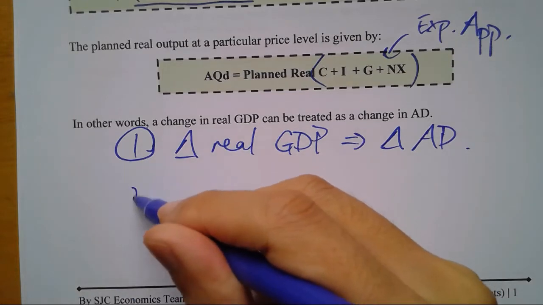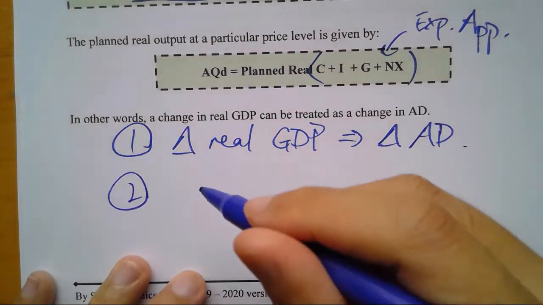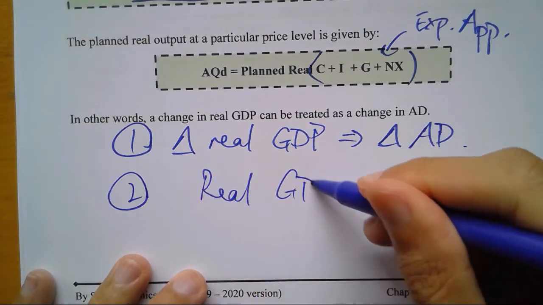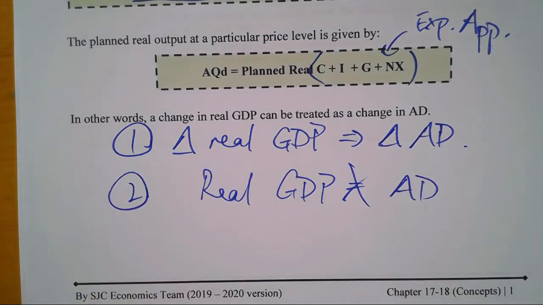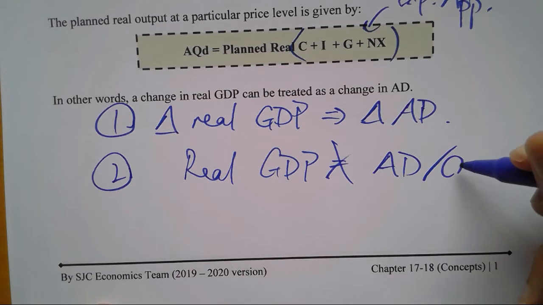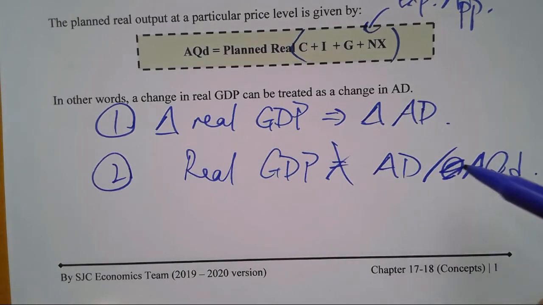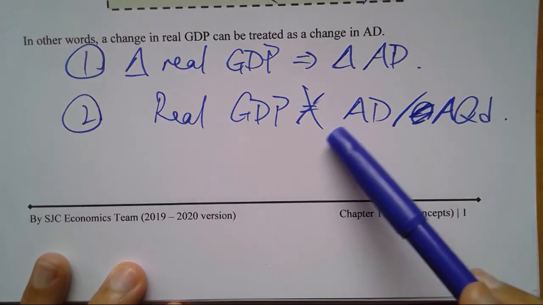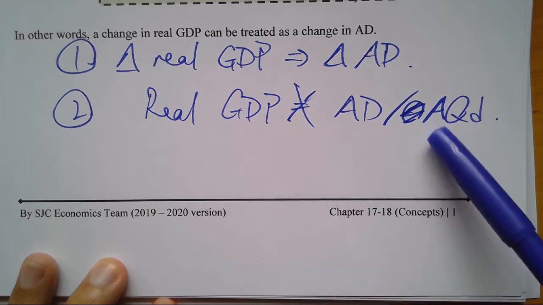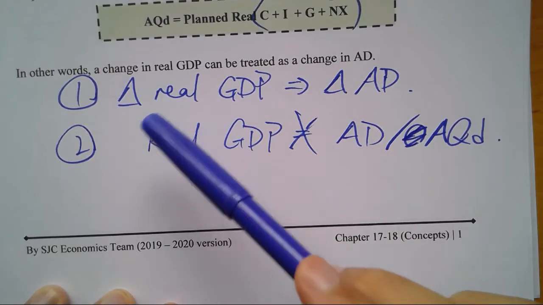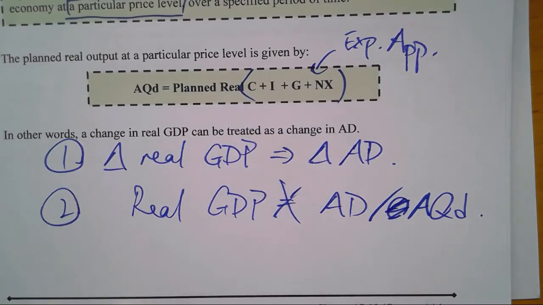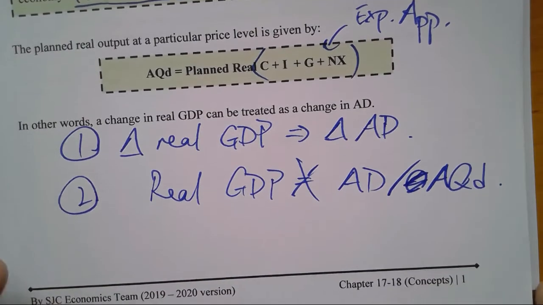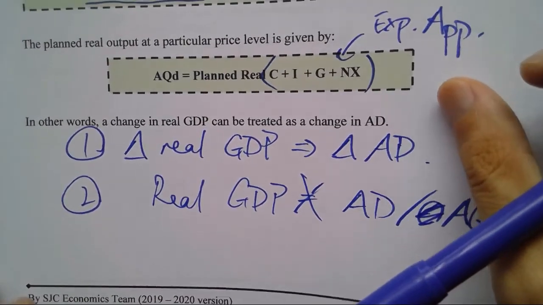But also remember, second, you cannot say real GDP is the same as AD. No, you cannot say that. Or AQD. No, they are not the same. 佢哋唔 exactly 一樣嘅，得唔得啊？嗱，so remember, in exam, don't write this. Don't say real GDP equals to AD or equals to AQD. But you can say a change in real GDP would mean a change in AD because according to this formula. OK， 得唔得啊？嗱，就係咁嘅意思啦。